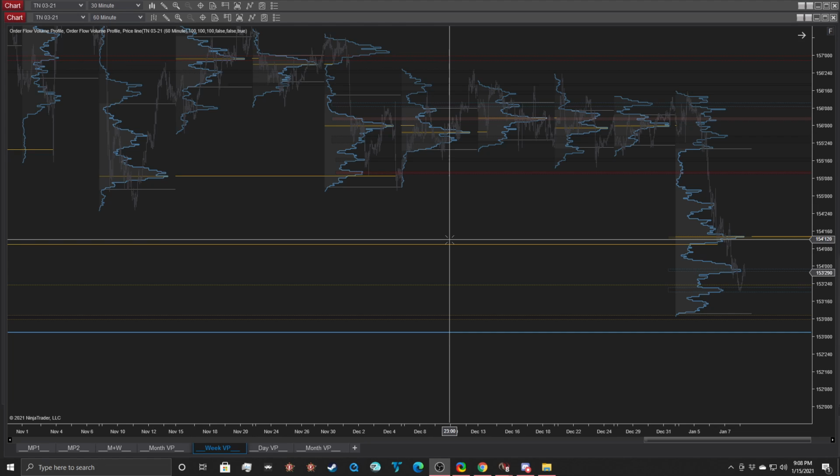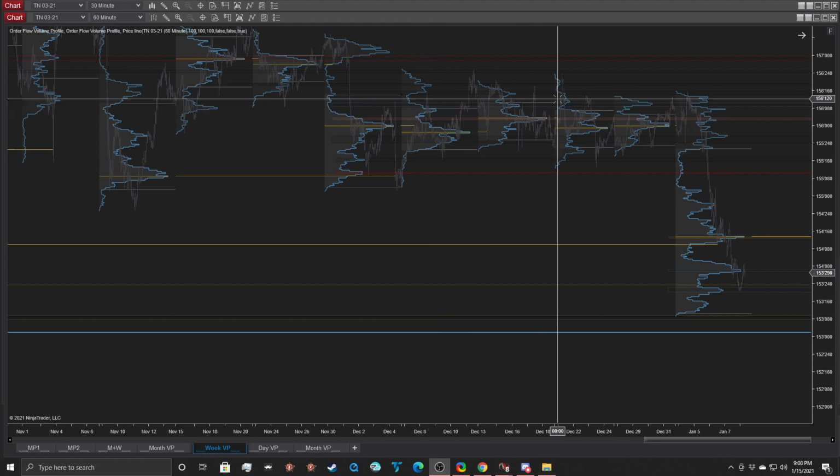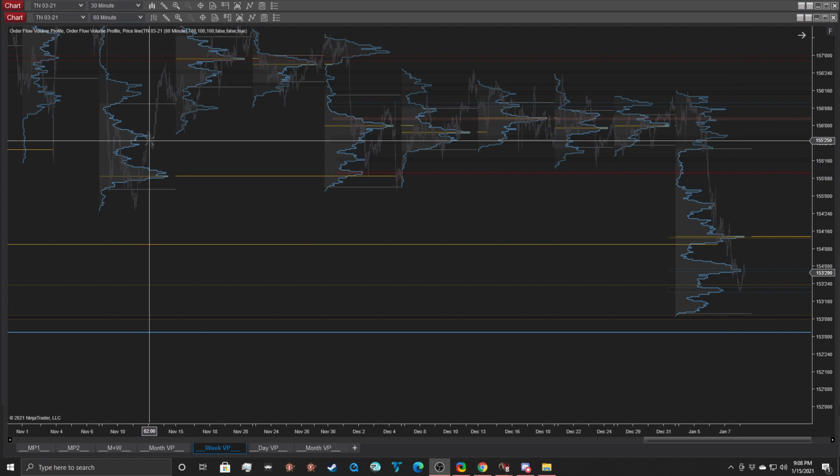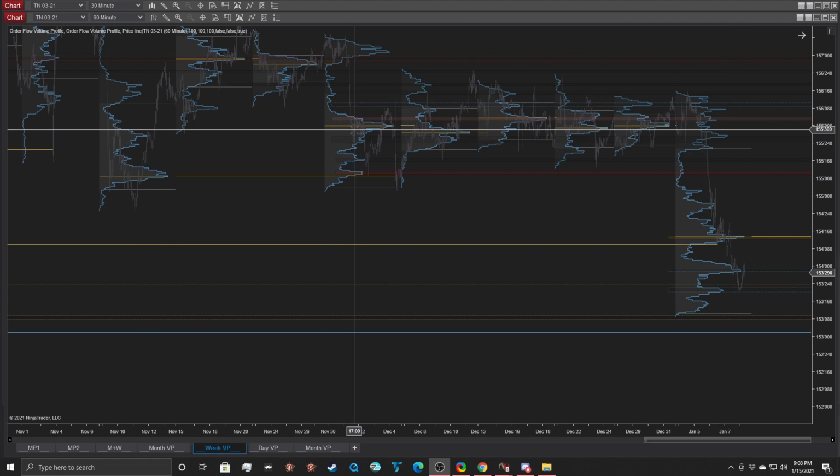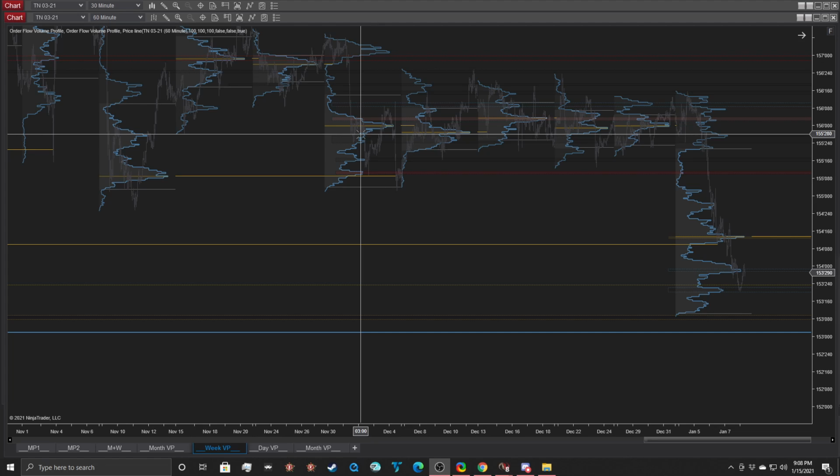We're going to use the bonds. Specifically, we're going to use the TN, the 10-year Ultra Note. And I use the high volume nodes in this because you can see whenever value is built in these markets, it tends to have very specific levels that jut out in terms of volume. And what I do is I use these levels as support and resistance, but really what they are is areas